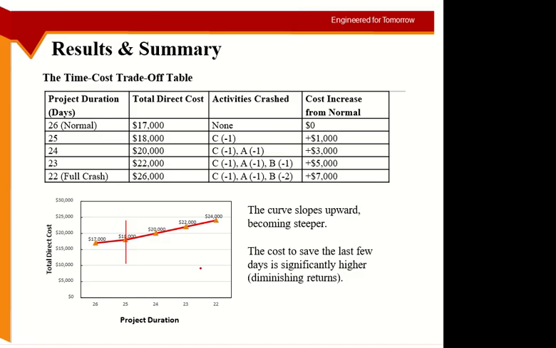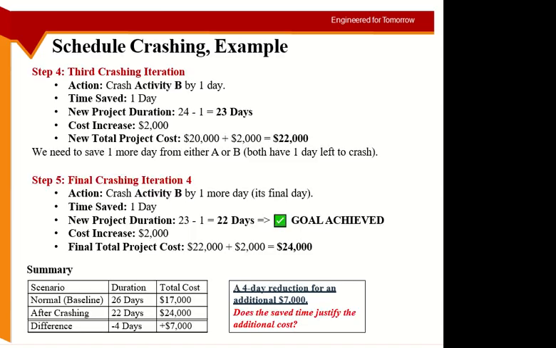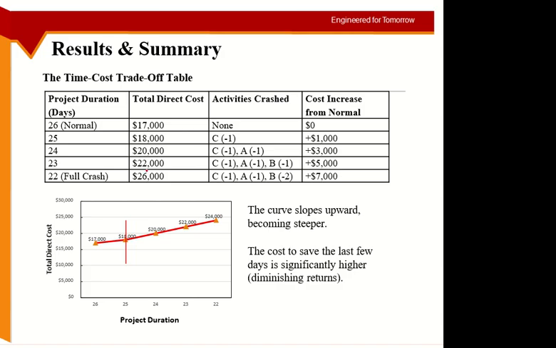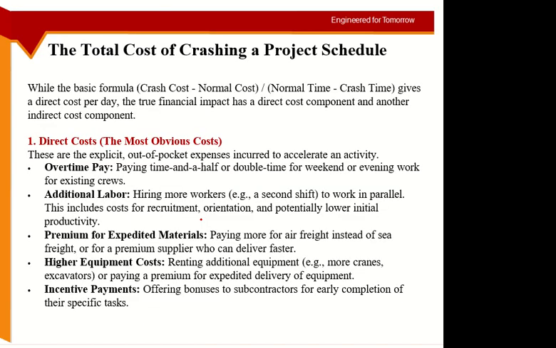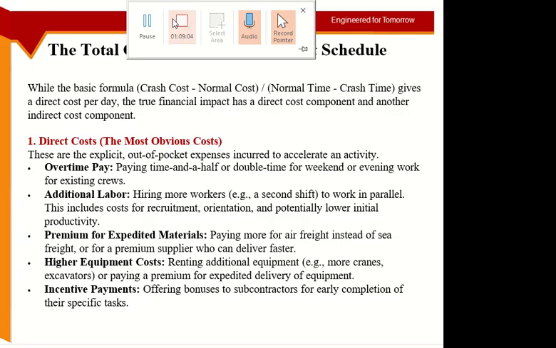So 26, so 17 plus 7, I believe the value is not correct, it cannot be 26, right? 17 plus 7 is 23,000, right? Yeah, this is correct, 24. So this one should be 24. You can correct it in your notes. This one should be 24. Anyways, okay, I want to